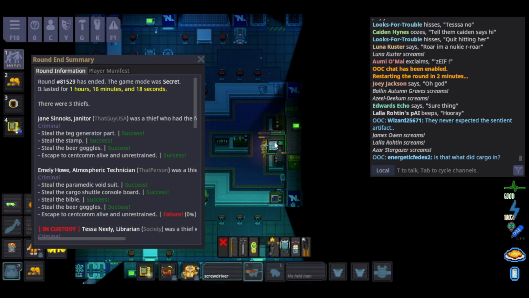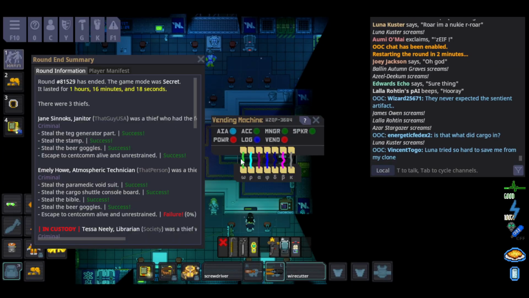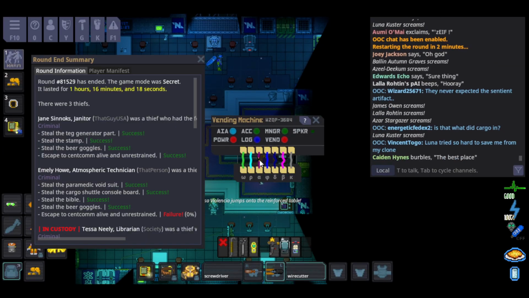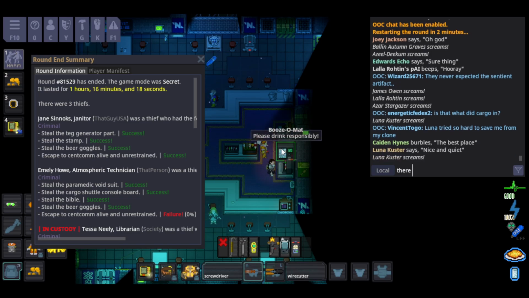And I make my custom drink at the bar. It's one I invented myself. Well, it's just one I mix myself. It doesn't have any special properties or anything. First, I hack the machine to get access. Second,